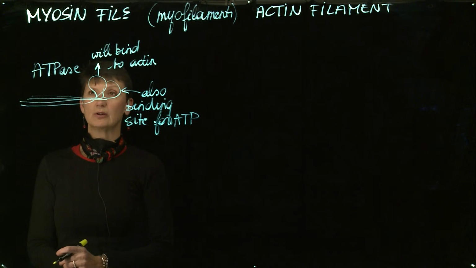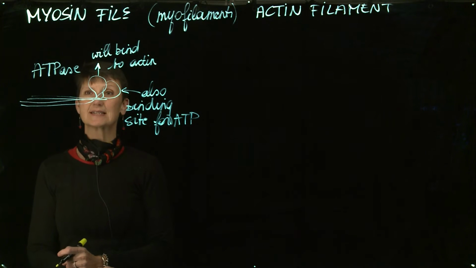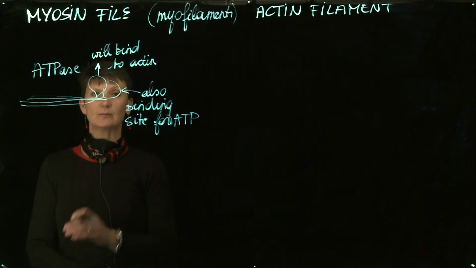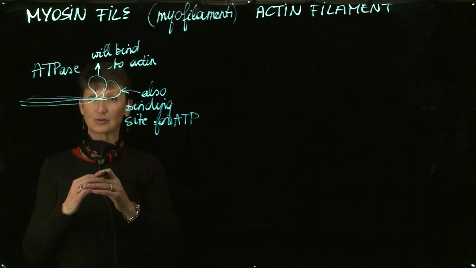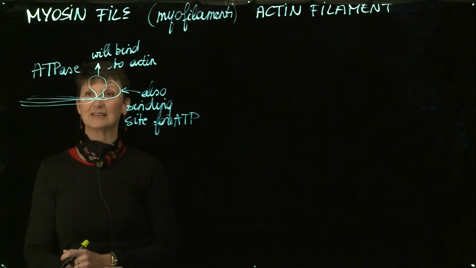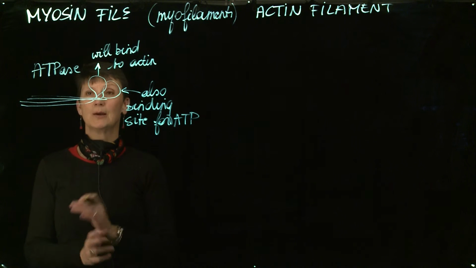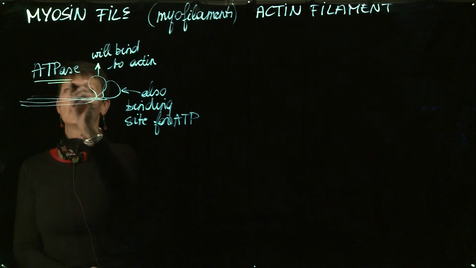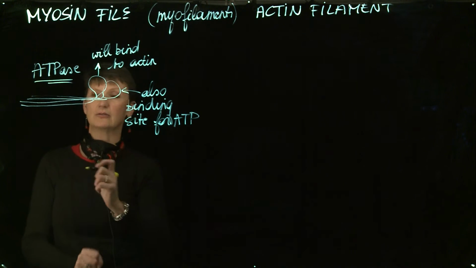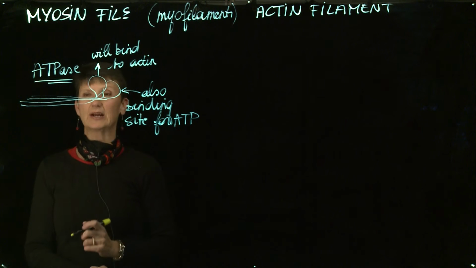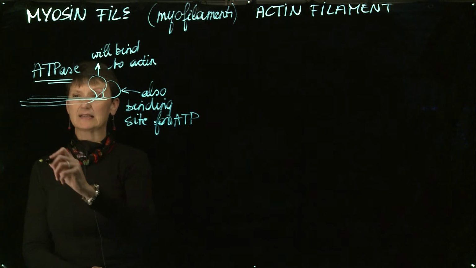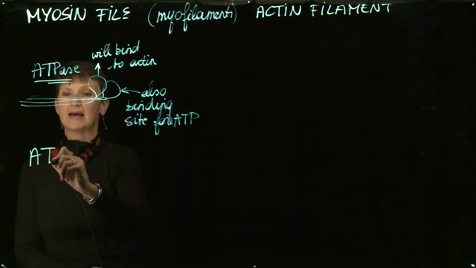Now, what is the role of ATP? We're going to see that ATP must bind to the heads to actually detach the heads from the thin filaments during contraction. But I'm getting a little bit ahead of myself. But still, what is the role of ATPase with the binding of ATP, which leads to the breaking of the binding of the heads? Well, remember that